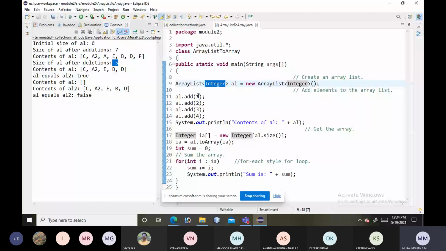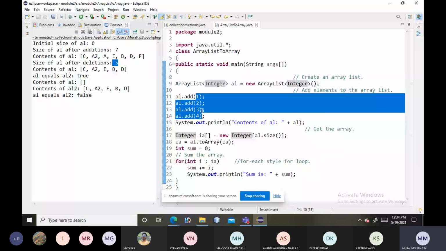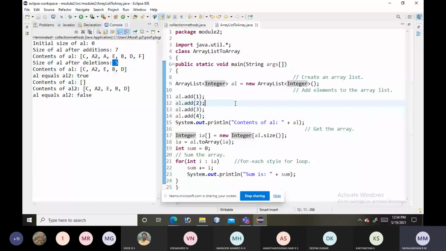It will in turn call the toString method to display these objects as primitive types. Unboxing happens automatically when we are adding these primitives into this collection. Because of this type wrapper, autoboxing will happen. And remember this point: here we are specifying the type, which means this array list can store integers.